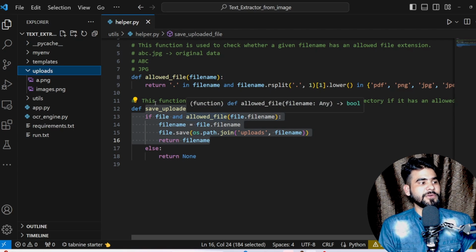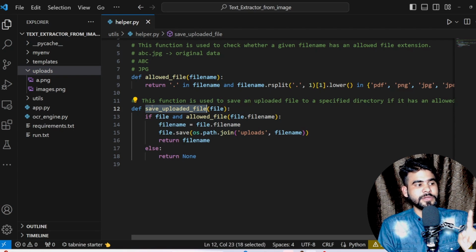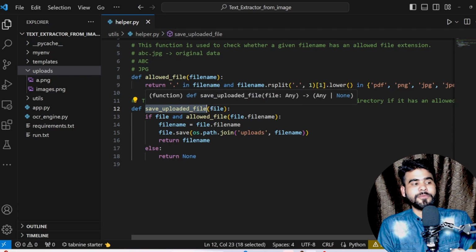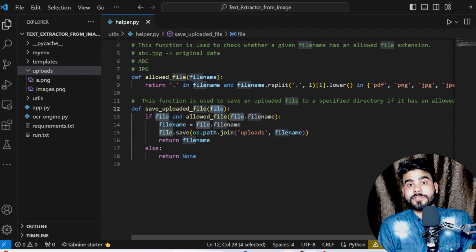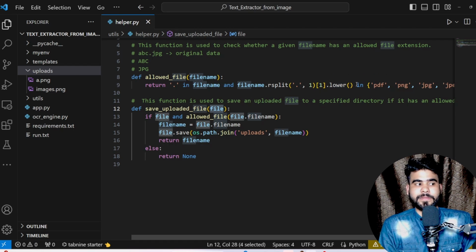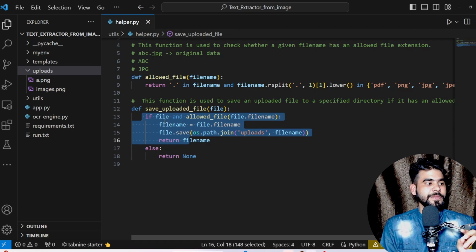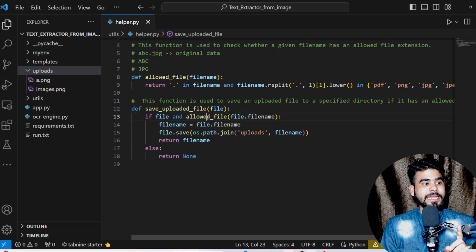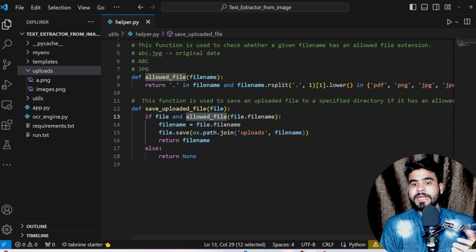Okay, so that's why we have to define a function to save the uploaded file, where we are going to pass a file. So what is file? File is abc.jpg or abc.png or abc.jpeg, whatever allowed file extension we have. Now we have a condition here. So we define a function: if file and allowed file, whatever file we are going to pass,